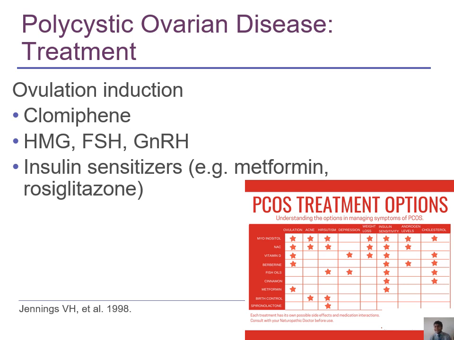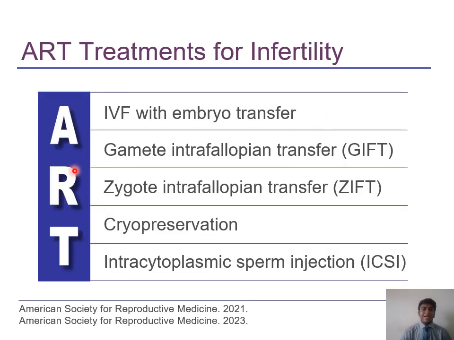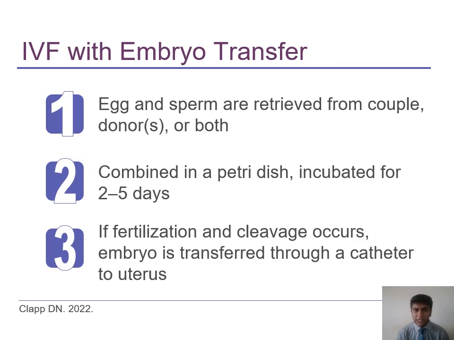So there can be a direct management or an indirect management of fertility. The direct management is either using hormones or surgical techniques. The indirect management techniques are using some herbs, lifestyle, dietary management, etc. The ART therapy is very useful, assisted reproductive techniques, which are GIFT, ZIFT, cryopreservation of eggs, ICSI, intracytoplasmic sperm injection, and IVF with embryo transfer.